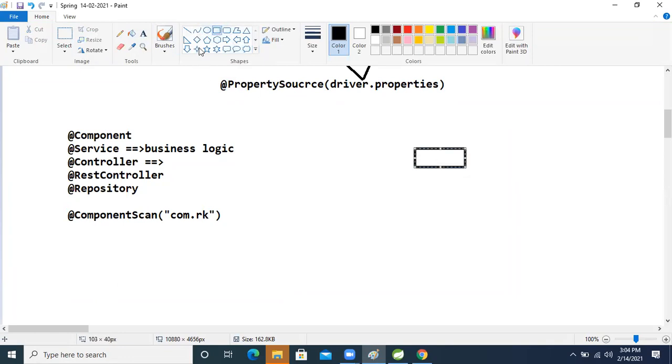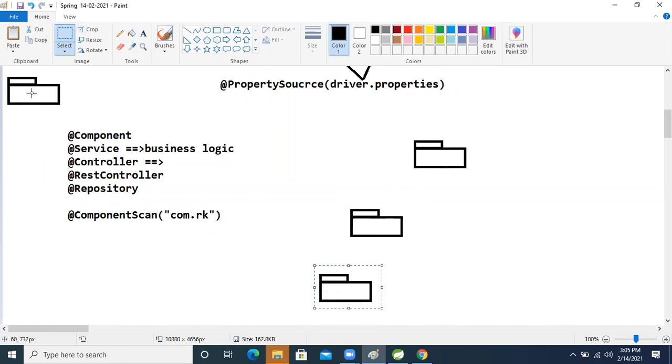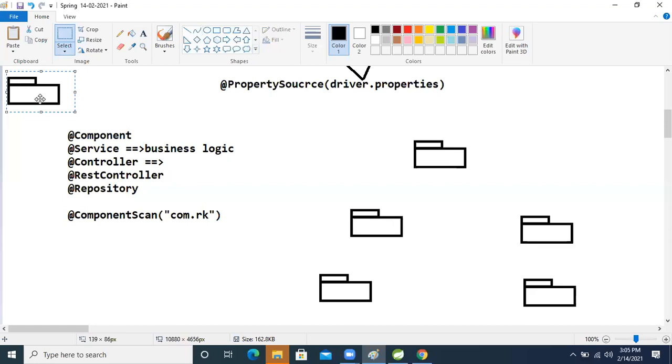This is one package. One minute, I will give the visualization. This is one more package, and one more package here. Inside that there are classes also.